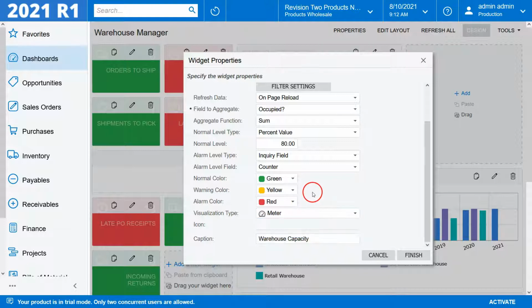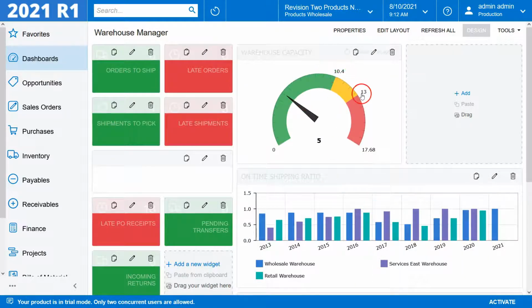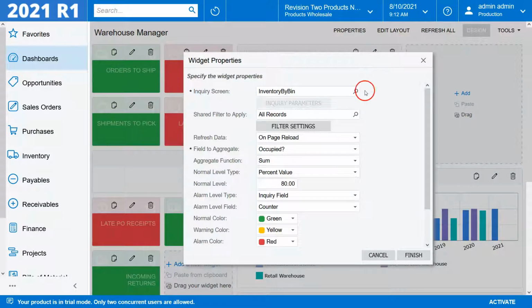But the really cool thing I think about this is that with your normal level and your alarm level, that's what's going to trigger the yellow and red values here, back here. So my 10.4 in this case and my 13. It used to be that you could only come in here and pick an absolute value where you put in a number. Maybe it's 13 and you hard code the 13. But if there's ever a change in the data, it would always still be 13. It wouldn't change automatically. What's cool here is you can now choose inquiry field, and you can get that 13 in this case,